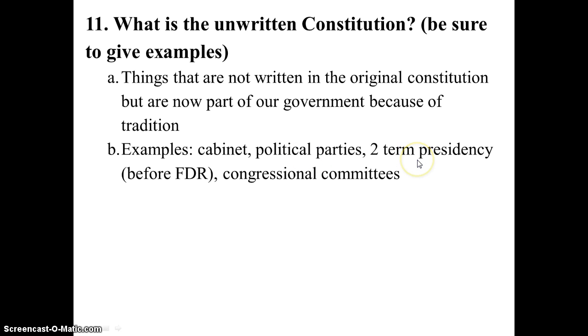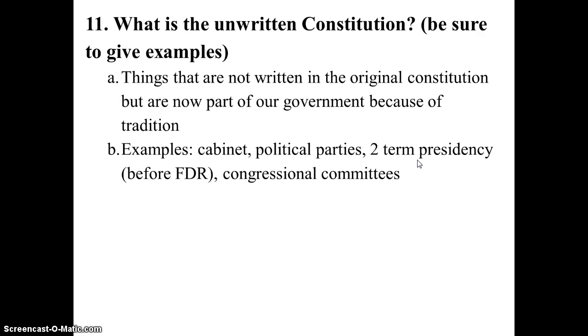The two-term presidency is a fun one in that George Washington was like, dude, I'm running 2 times, and I'm going to go home, I'm going to hang out for a little bit, and I'm going to die. And then that's kind of what everybody else said afterwards. They're like, well, George Washington only served for 2 terms, and then he went home and died. I'm going to do that too. And so Jefferson, Madison, Monroe, and ever onward, they keep doing that until FDR, who is just like, no, you know what, dude? I'm running for a 3rd time.